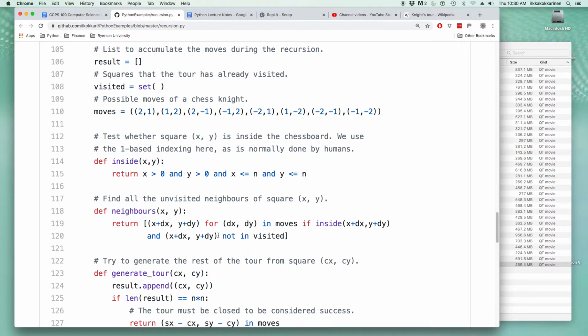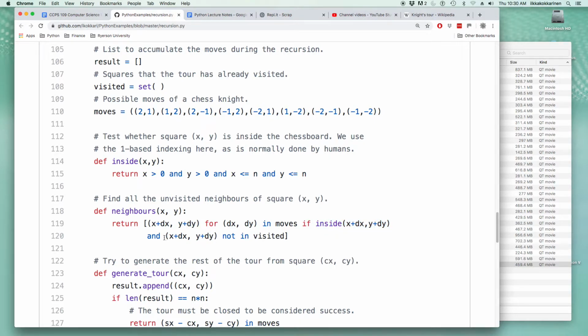So the list comprehension: for every possible direction offset, so delta x, delta y, so 2 to the right and so on, that is in the move sequence, the current position coordinates offset by the dx and dy, but only if this other move is inside the board